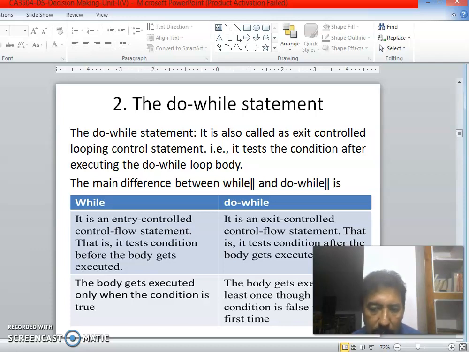In the while statement, the body gets executed only when the condition is true. In the do while, the body gets executed at least once even though the condition is false the first time. This is the main difference.